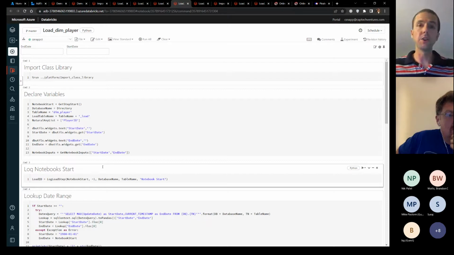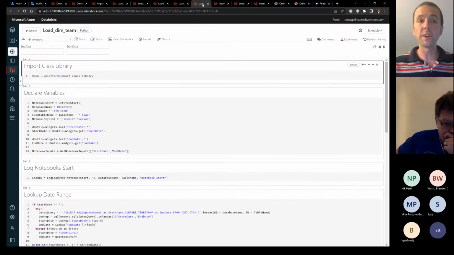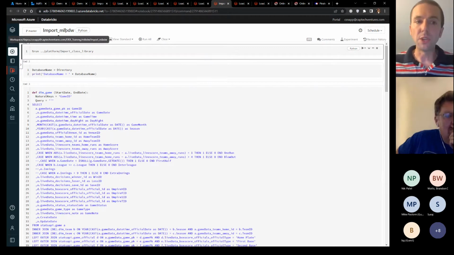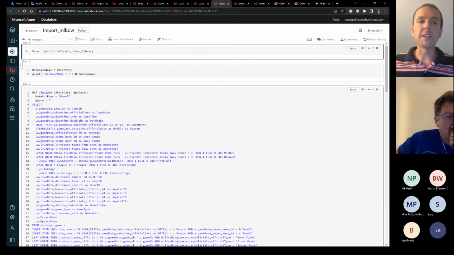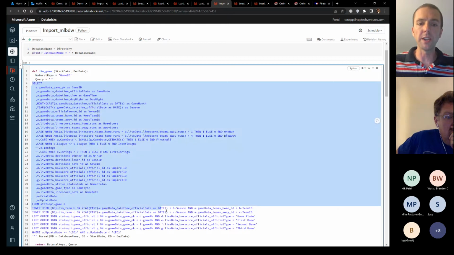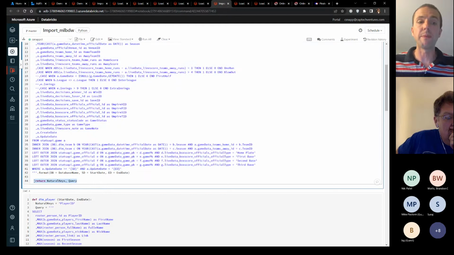It's perfectly valid and good. I was curious if you could do it dynamically, but now I want basically to create a repository of queries that define these things. And so I created an MLBDW library that defines methods named the same as my tables. So I have a dim game table, which takes a start date and end date. It defines what the natural keys are and what the query is that gets you the game information, and dynamically adds in the date range and then returns those back to the caller.